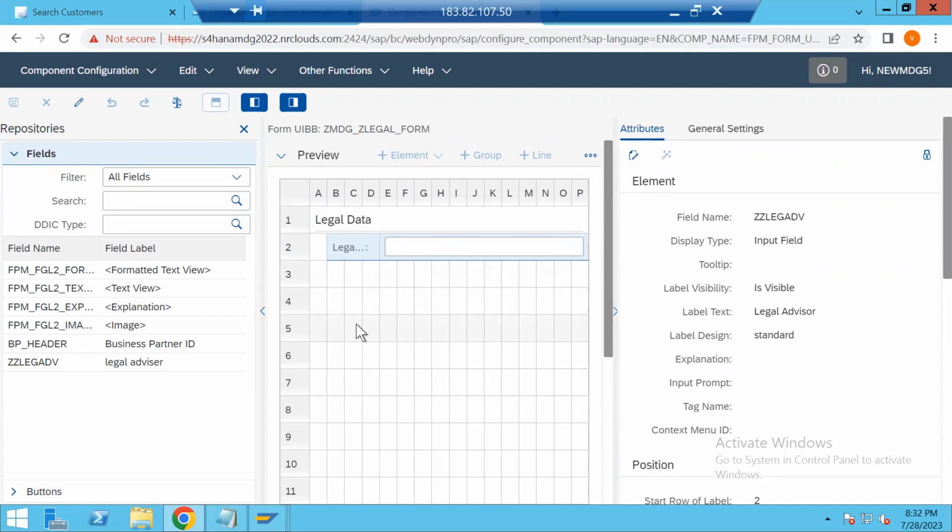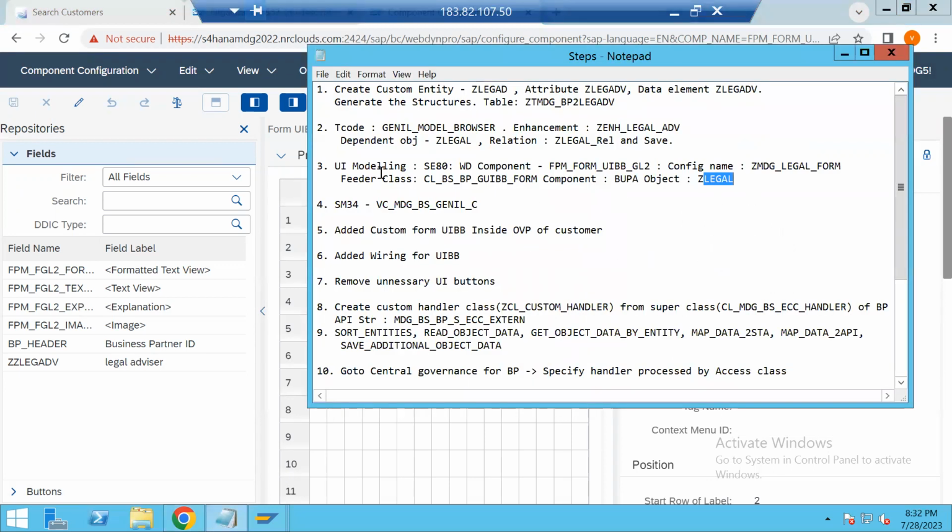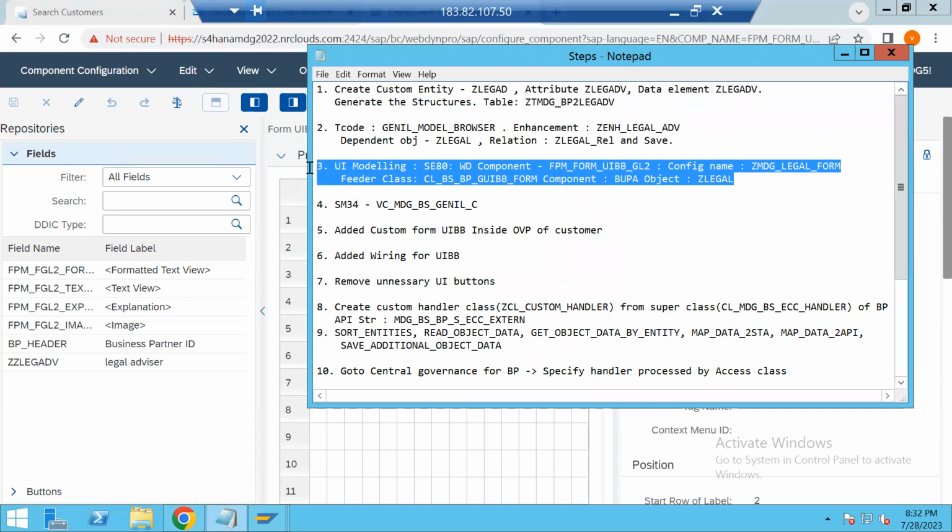So this UI part was completed. For the UI model, you just go to this component, you have created the custom configuration, provided the feeder class, and provided the feeder class parameters like component is BUPA and object name is the Genil object name, that is GLegal. Okay. So after that, you just go to